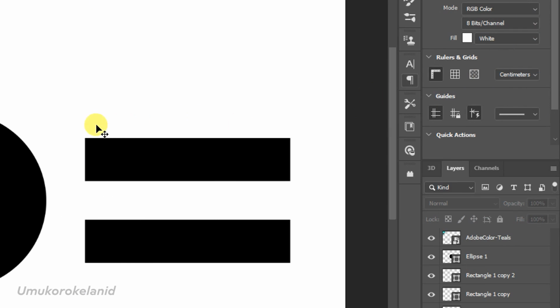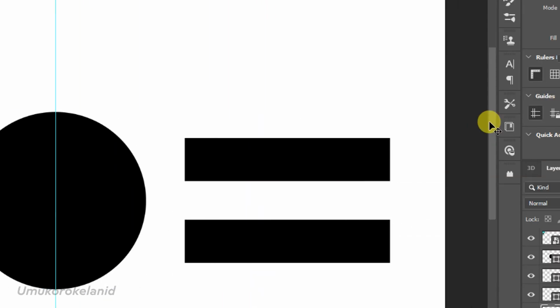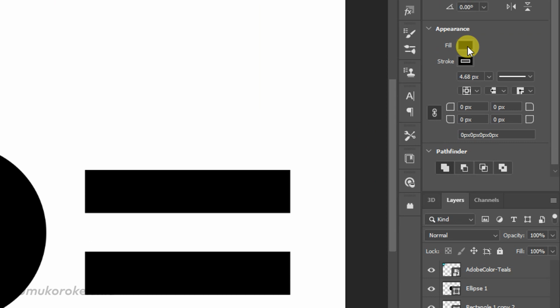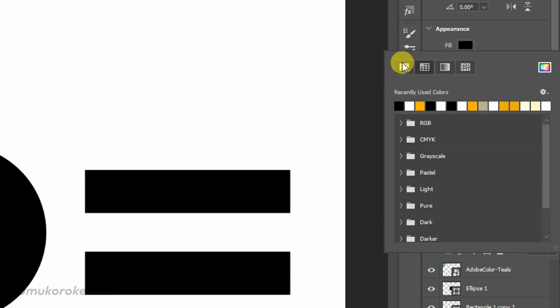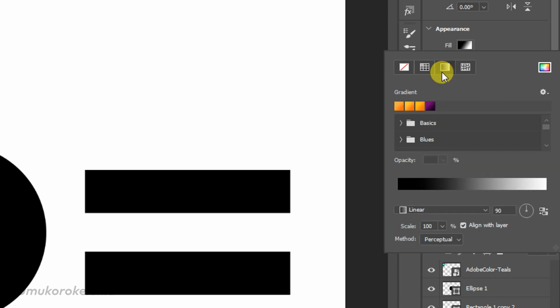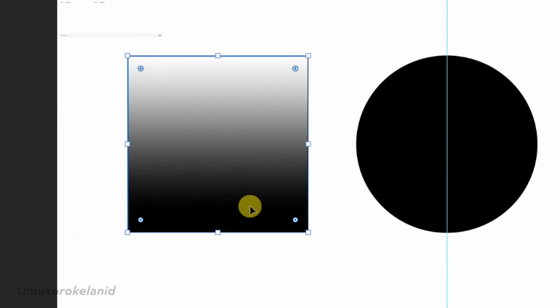So we select the shape, then we come here under the fill option and click once. Then on this area we'll see no color. Here we'll see the solid color swatch, and now the gradient color swatch. If we click it, we get more options. Can you see that we now have a default color value of black and white, graduating from black to white